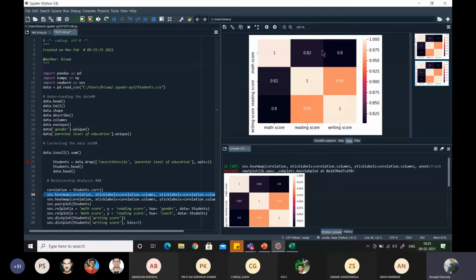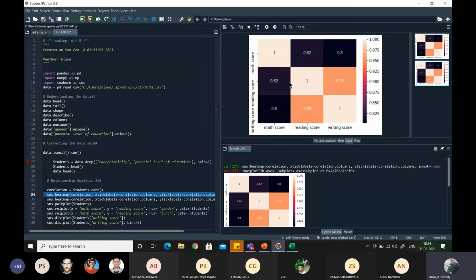Similar things are also here because this is a two-dimensional representation. The entries present here will be present here also. In this case, 0.8 will be here, here will also be 0.8, here will be 0.95, and here will be 0.95. That means the correlation of x with y is equal to the correlation of y with x.